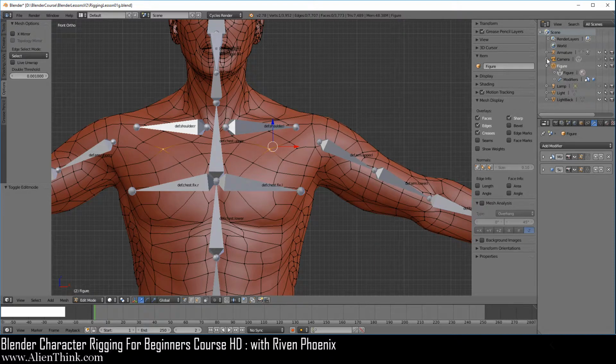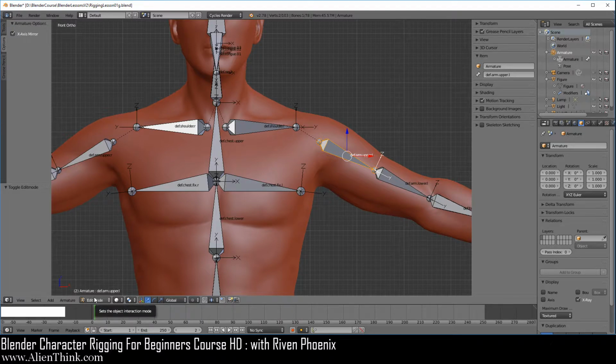Okay. Now go ahead and open up the armature. Now, in the armature, you'll see that it says armature in pose. Go ahead and click on this armature. You'll notice that it jumps to edit mode. And you can see that it has this gray circle around it. If you click on pose, it's going to jump to pose mode. So this is another way of doing this.